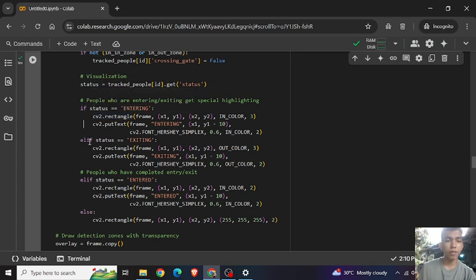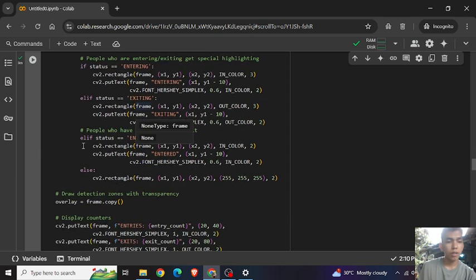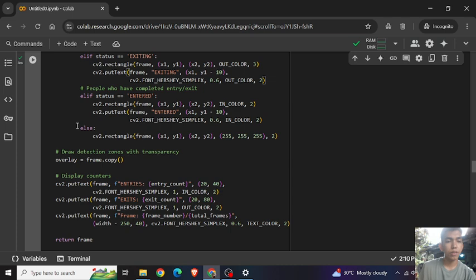If status is exiting, that means a red box and label for exiting. If status is entered, then a light green box for completed entry. Else default white box if no status.